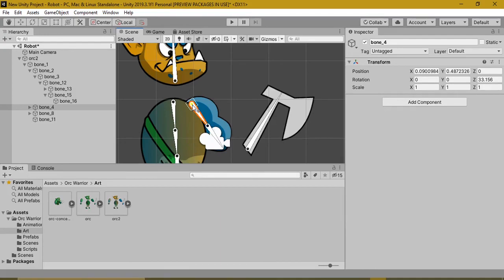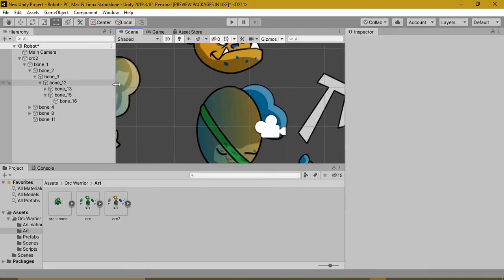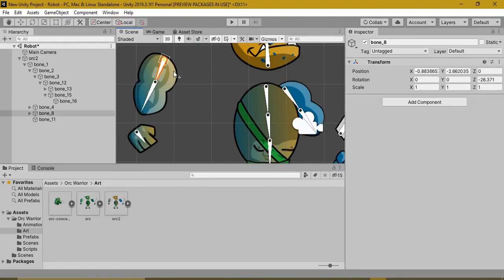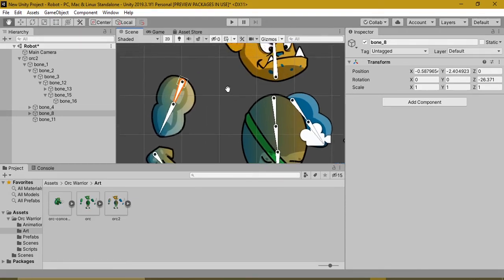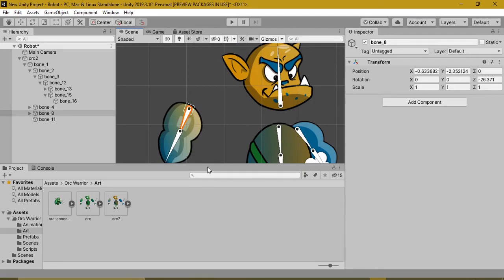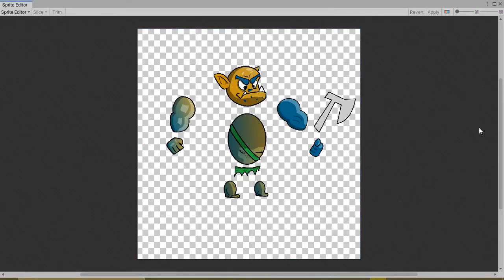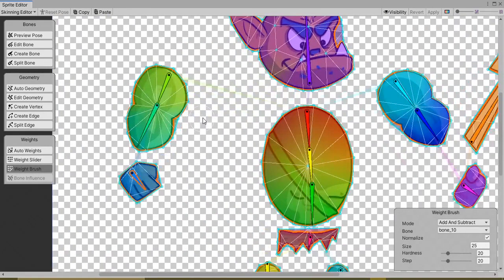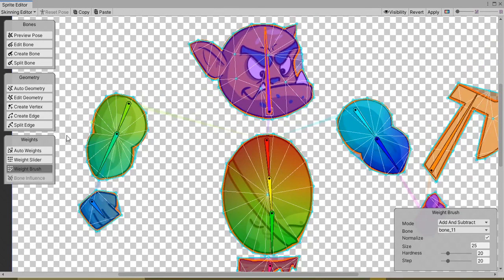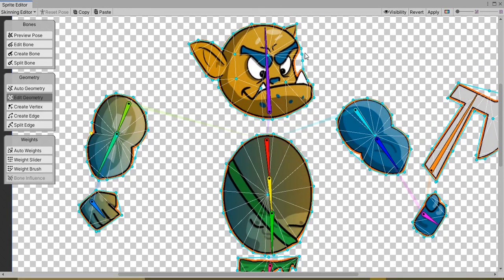Let's make his arm. Okay, so this is moving, so I might have messed up the weights. And I'll make the geometry a bit better.